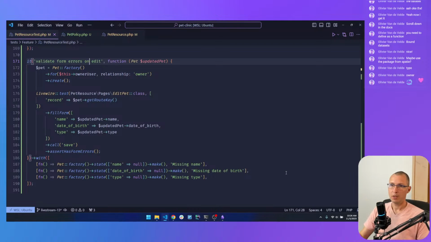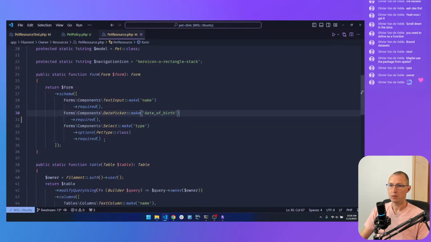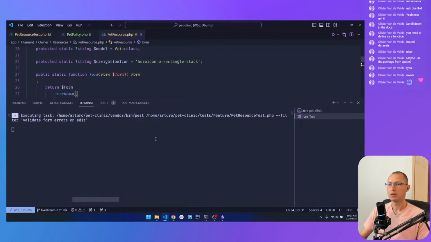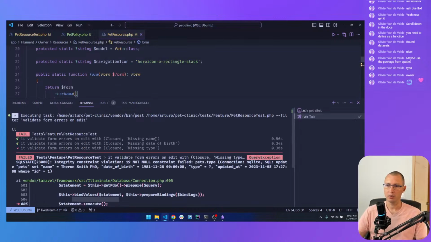And just to make triple sure, let's go to the pet resource. And then again, let's make the type not required. That should fail on the third data set.